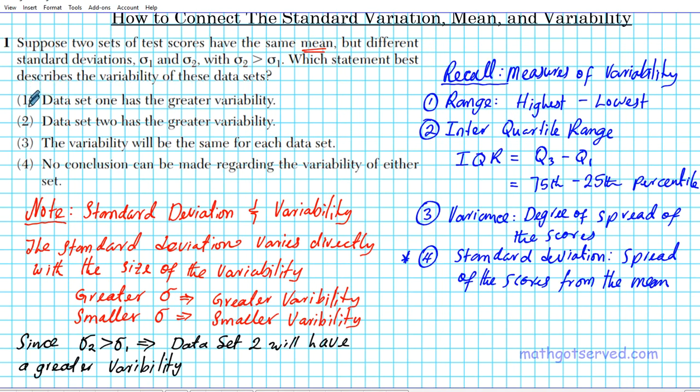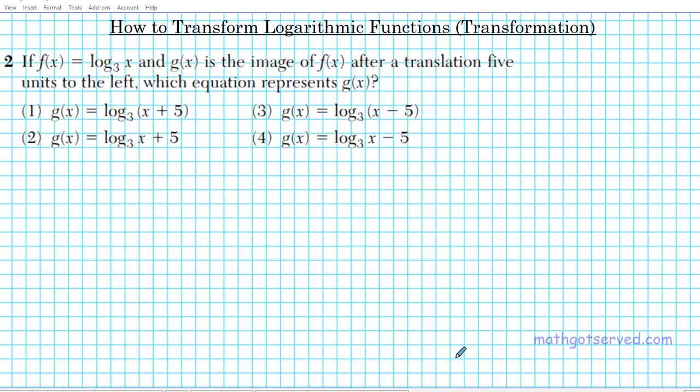Alrighty, if you take a look at the options that we have right here, option 1 says dataset 1 has greater variability. That's incorrect, because if it did, then we'd have a scenario where sigma 1 is greater than sigma 2, but that's not the case. Dataset 2 has the greater variability. Absolutely, this is automatically true because dataset 2 has a greater standard deviation. All right, let's